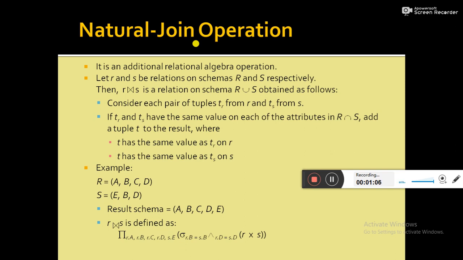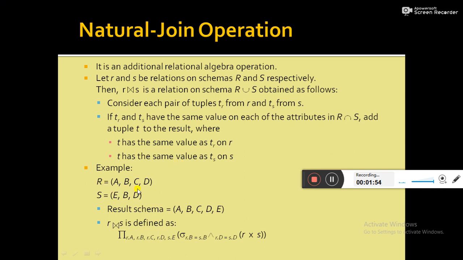That particular natural join operation consists of the Cartesian product operation between the relations, and second it consists of a selection operation, and the selection operation will be performed based on those attributes which appear in both the relations. So first it will perform the Cartesian product operation between the relations, and second it will perform the selection operation based on those attributes which appear in both the relations. The combination of this Cartesian product and selection operation based on common attributes, as a whole, is known as natural join operation.